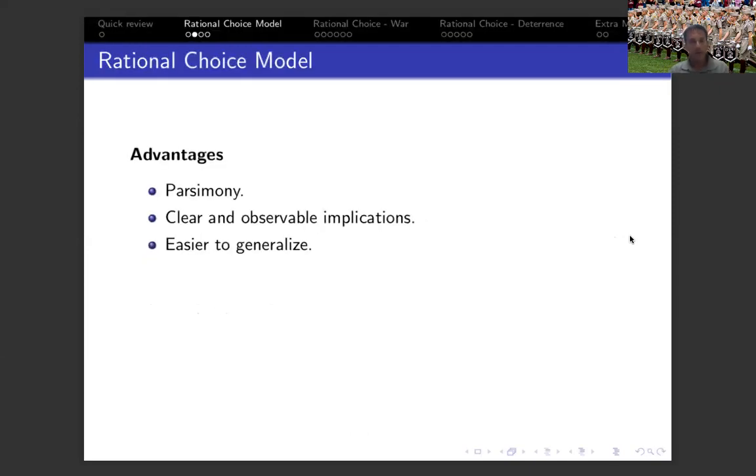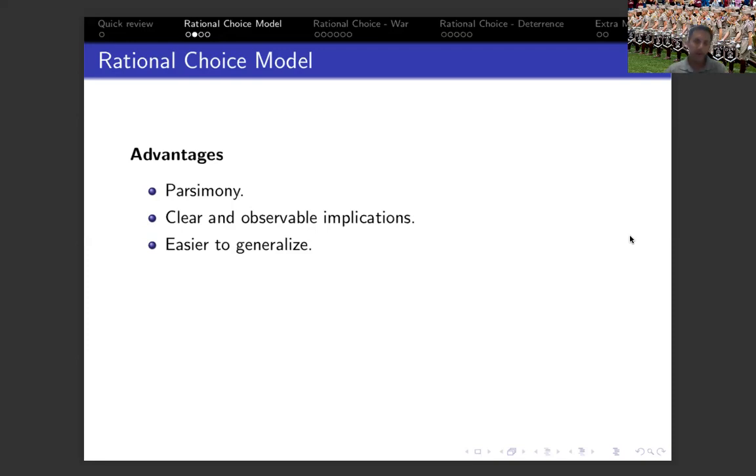The central benefit of rational choice theory is parsimony, simplicity. We view any type of behavior as calculated, purposeful behavior, and it has the intention to accomplish certain goals while paying minimum costs. So it's a very simple framework to explain behavior by any individual. It also produces very clear and observable implications that can be tested. And that leads to the third point here. Because they're very clear, they're also very common among many types of cases, among many types of individuals, which means that they can be generalized. I can use this framework to explain multiple types of behavior.